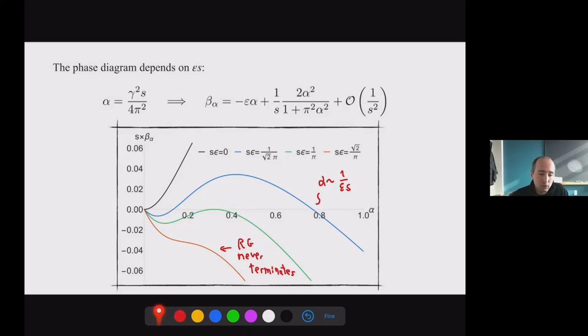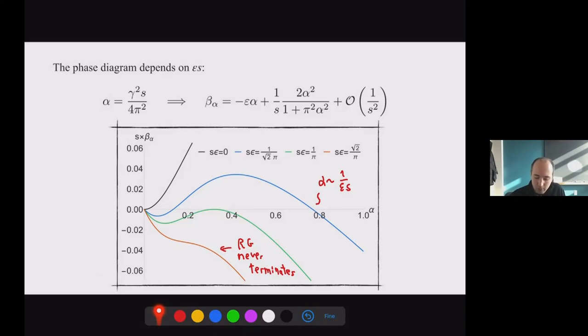It just means that correlation functions at finite distance from the defect, like one-point functions, will still decay, but they will decay with a power law which is somewhat slower, or smaller if you want, than the one that you would expect in a defect conformal field theory. In a defect conformal field theory, the one-point function will decay with a power of the scaling dimension of the field. Here, the power will be smaller. So that's all it means.